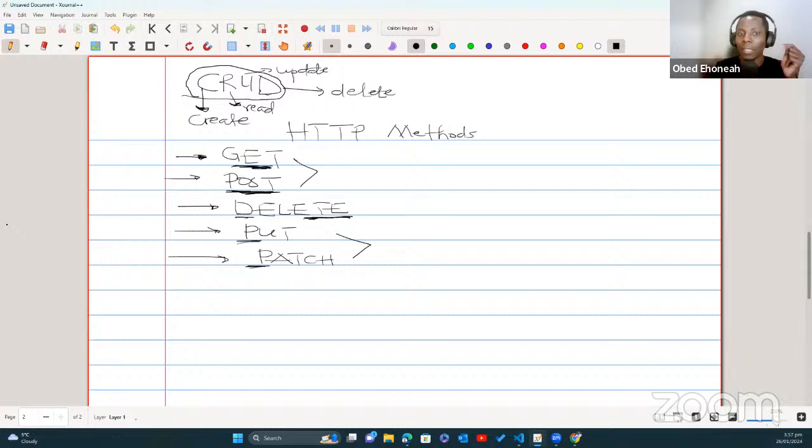PUT and PATCH are for updating stuff, but they behave slightly differently. There is a difference in how they work. So PUT actually means